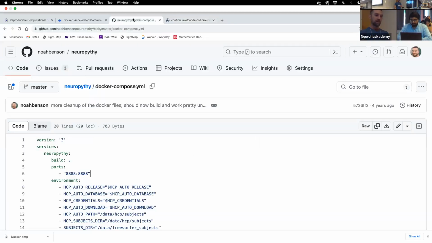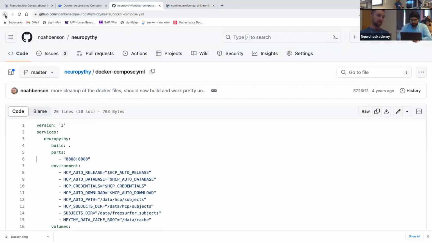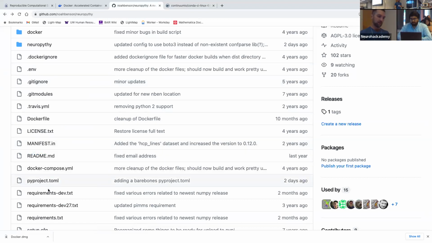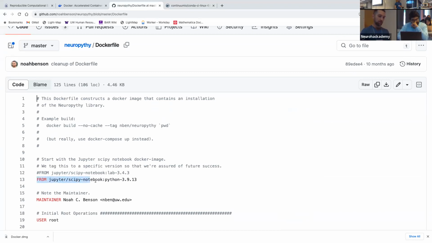And in fact, I don't know if any of you noticed, but in the NeuroPython example that I showed you, the very first line was from Jupyter /SciPy notebook. So I didn't want to have to deal with installing Jupyter inside of a Docker image. That sounds really complicated. Instead, I just went and found the Docker image that already had Jupyter and SciPy and NumPy and everything installed, and I used that as the basis for the NeuroPython Docker. That makes it way easier for me to get everything working rather than trying to install it myself in the